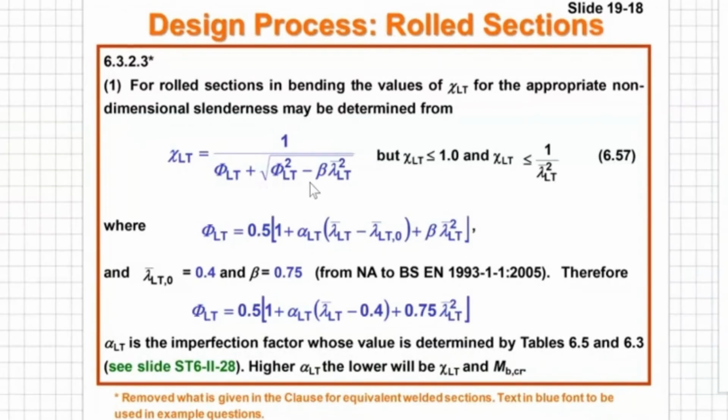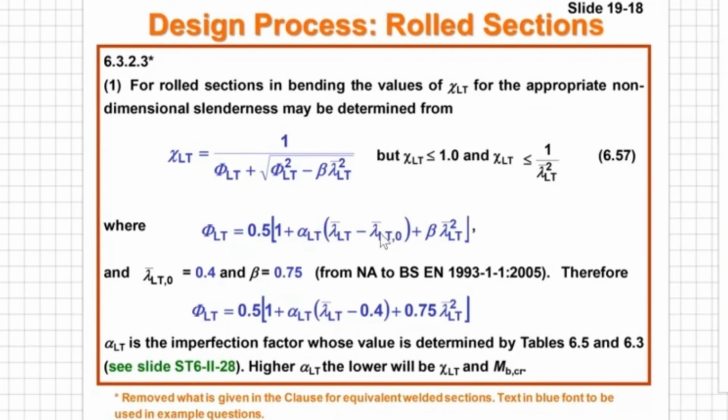Chi LT is equal to 1 over phi LT plus under root phi LT square minus beta lambda-bar LT square. Again, this formula is very similar to what we used in columns. Phi LT here is 0.5 into bracket 1 plus alpha LT times lambda-bar LT minus lambda-bar LT,0 plus beta lambda-bar LT square, where the value of beta is 0.75 and alpha LT is found out from table 6.5